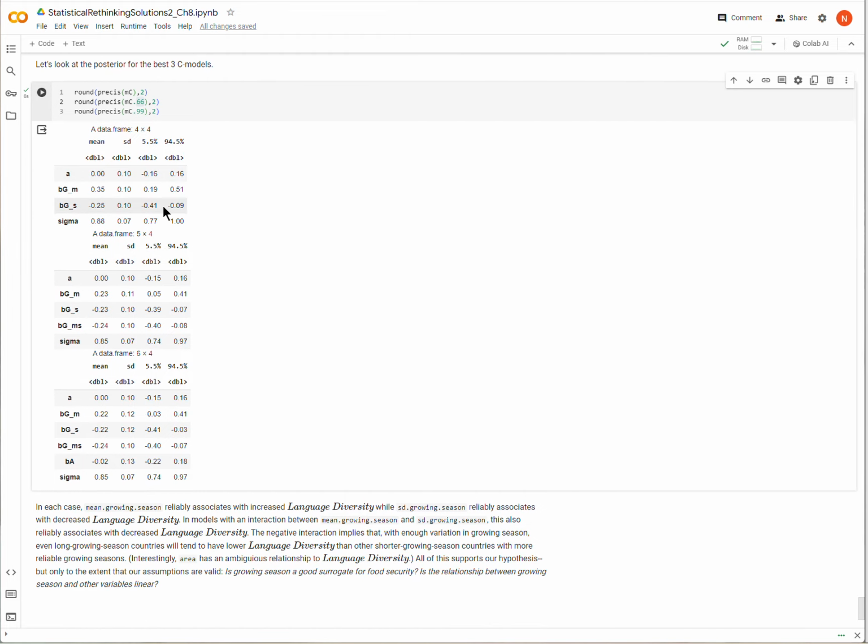So in any case, the fact that mean growing season tends to lead to increased language diversity, and standard deviation tends to lead to decreased language diversity, all of that very much aligns with our hypothesis. But there are some caveats. A major caveat being, is this how we want to define food security?